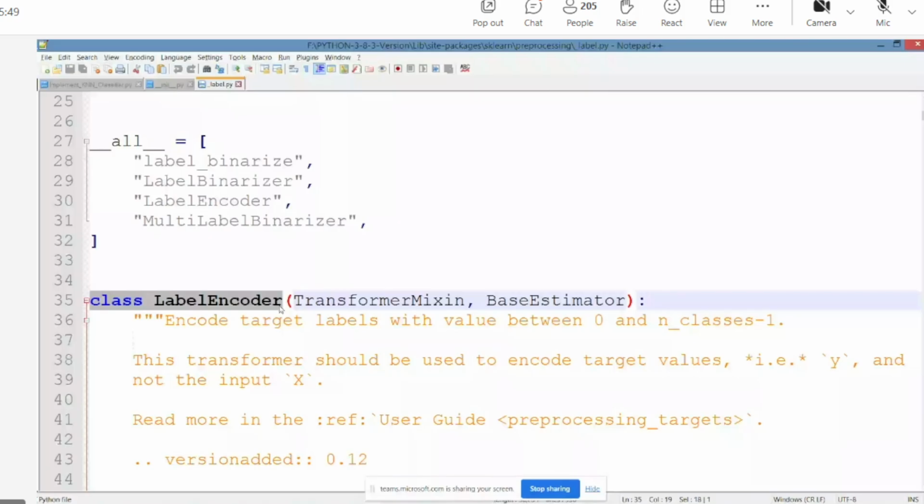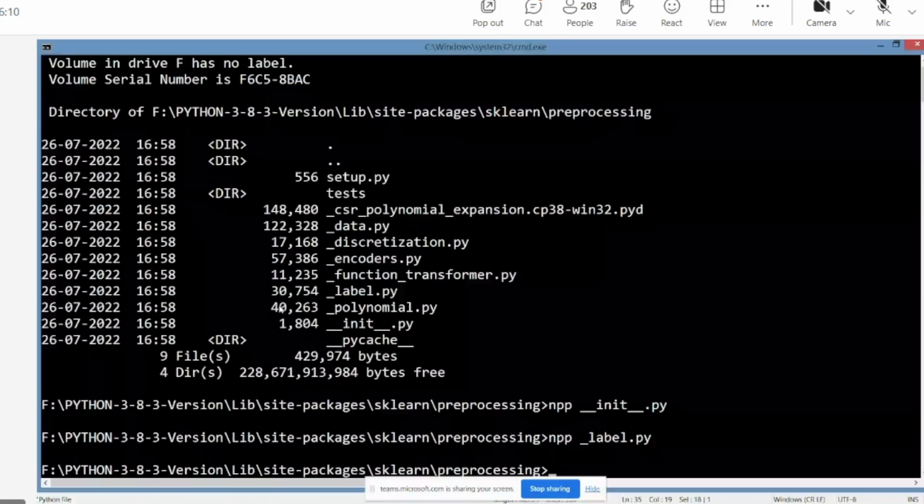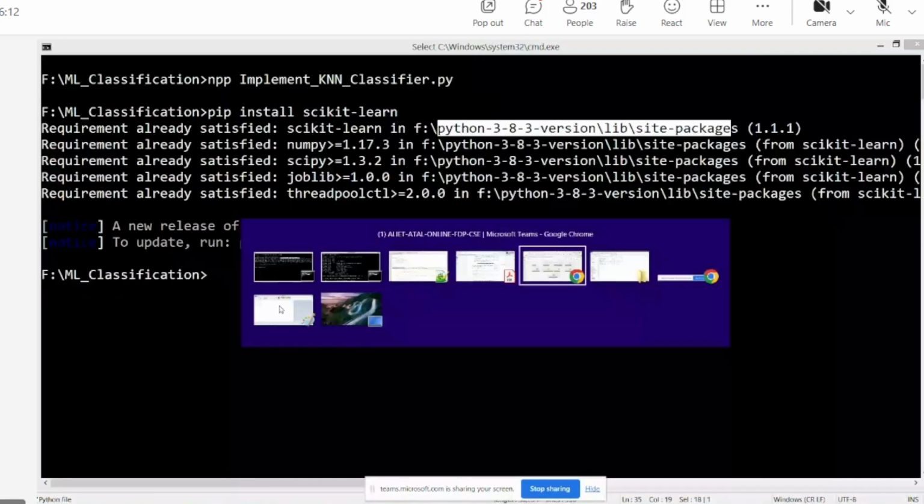Okay. Now, when we tell this is a class, what does it do? Now let us see what it does. Label encoding is one pre-processing technique where for categorical values, you will get some encoded numerical values. Because this class is not about the entire pre-processing, I am simply explaining.